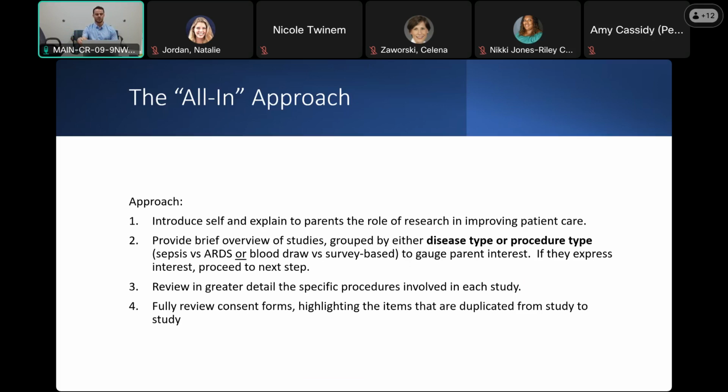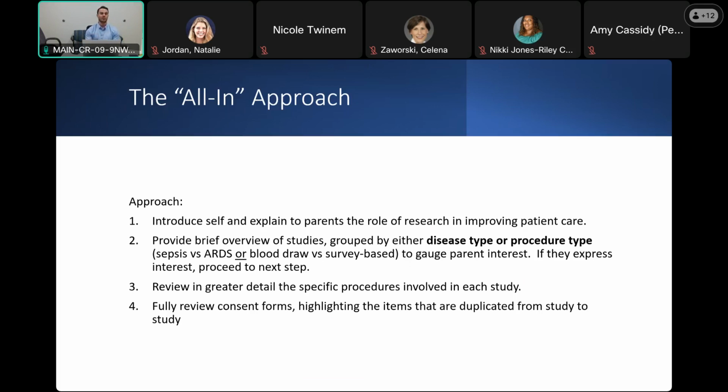And for some of the studies, especially the more complex ones, I'll repeat certain things. That way they know, again, because they're going through a difficult time and they might be short on sleep. So I want to make sure that they know everything. And then when we're going through each of the studies, I'll break it down consent by consent, review the things that I've already said to them, and then go into detail on the specific things regarding each of the studies. That way they know that we're discussing everything within the consent forms and we're not leaving anything out.